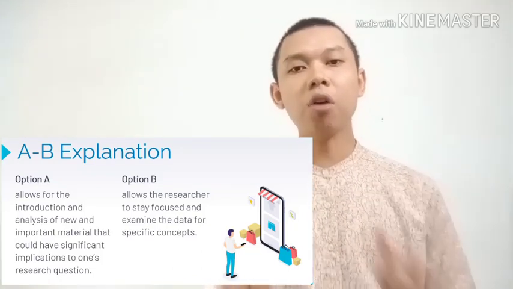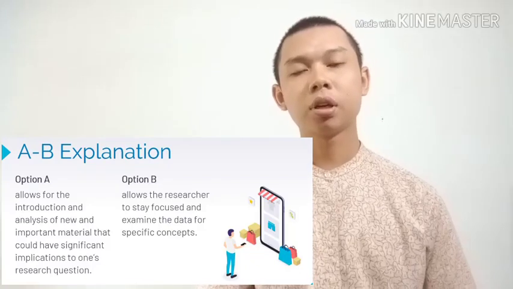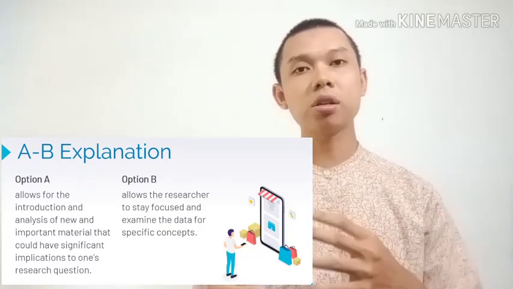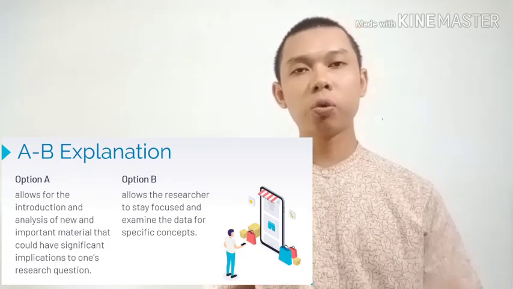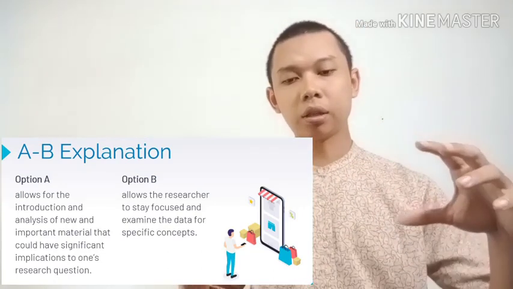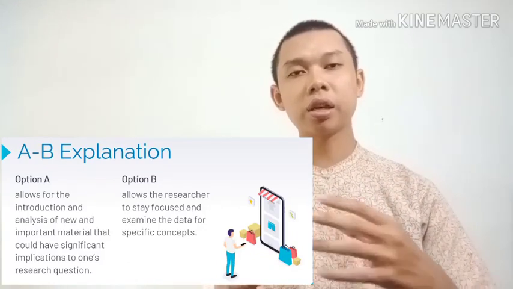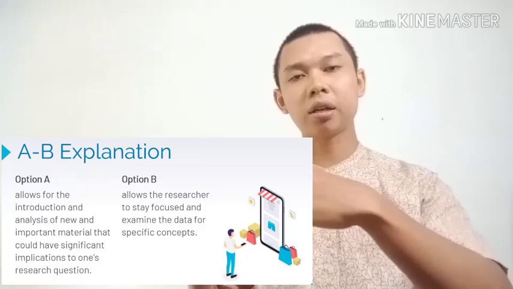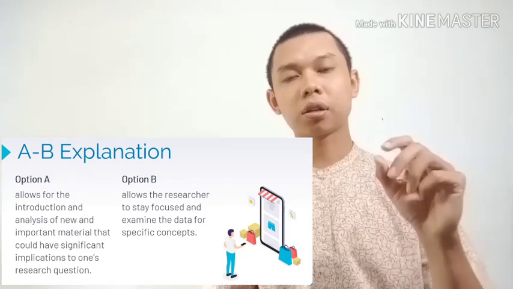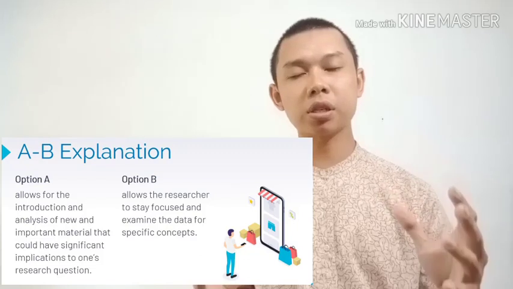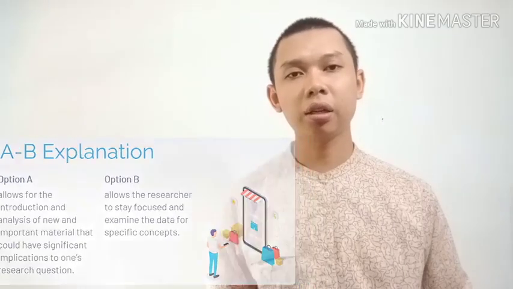And option B allows the researchers to stay focused and examine the data for specific concepts. It means that we prepare the specific concepts, and while we analyze the textbook, we can take all terms, all words, phrases, or sentences that we can analyze and select them according to our specific concept. Thus, we have to make the specific concepts. We prepare them, and then the next step